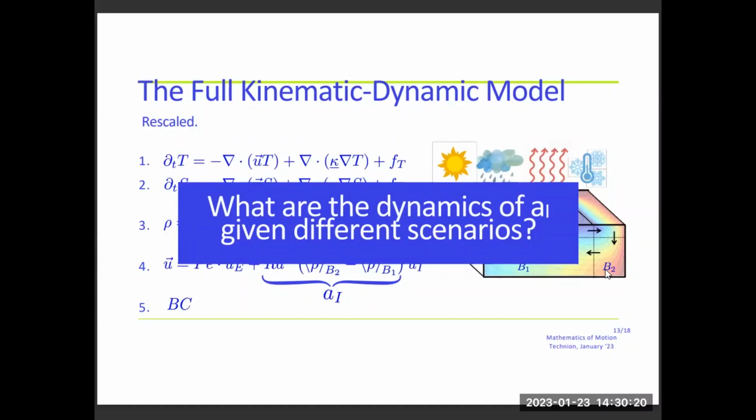Okay, I forgot to say something about the integrals. We want the difference in the density between the two boxes, so we're taking the average density over the boxes: the average over B2 minus the average over B1. And each average is, of course, an integral over the density of the entire box. So it's an integral partial differential equation. All of the dynamics are encompassed into this small variable A_I, whether it's oscillating, steady, or chaotic. This is what interests us both for oceanographic reasons and